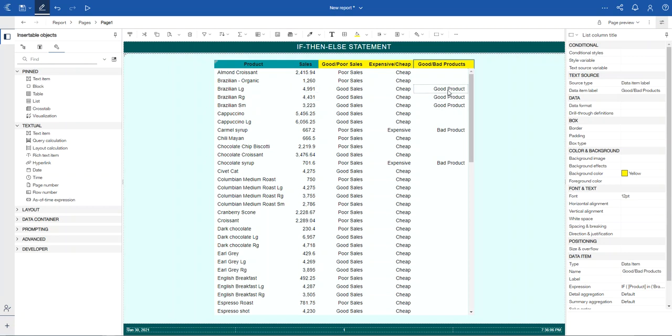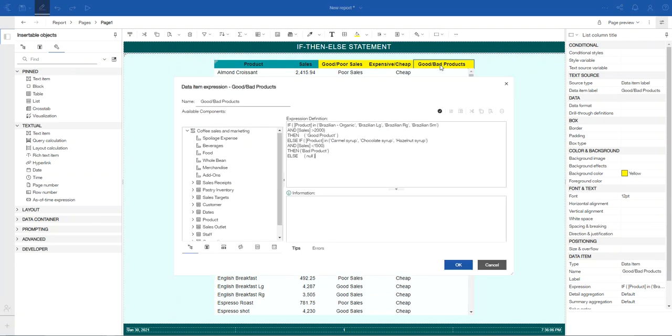So those are going to be good products. And then we also said if the product is caramel syrup, anything syrup, and the sales are less than 1500, that should be considered a bad product. Otherwise, everything else should be null.